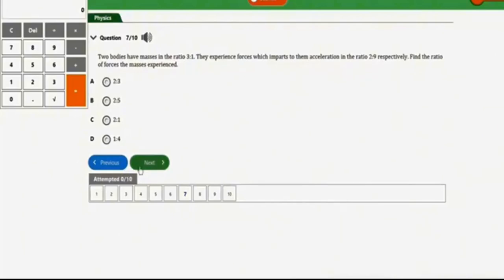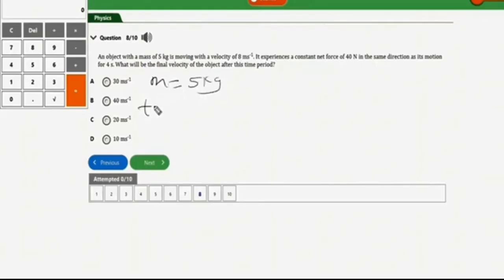Okay, so the next repeated question will be this. It says an object with a mass of 5 kg is moving with a velocity of 8 meters per second. It experiences a constant net force of 40 Newton in the same direction as its motion for 4 seconds. What will be the final velocity of the object after this time period? Okay, so basically in this question we have our mass to be 5 kg, we have our time to be 4 seconds, we have our initial velocity to be 8 meters per second, we have our force to be 40